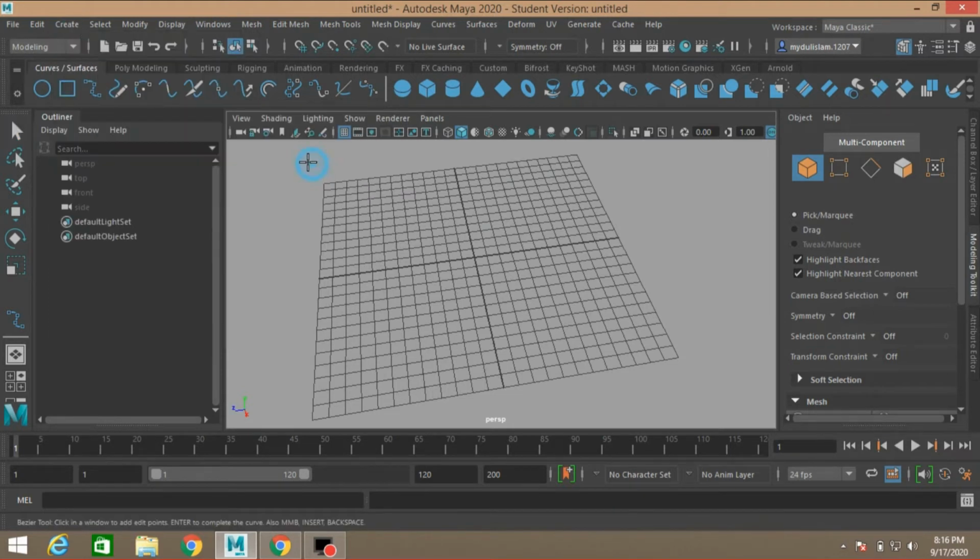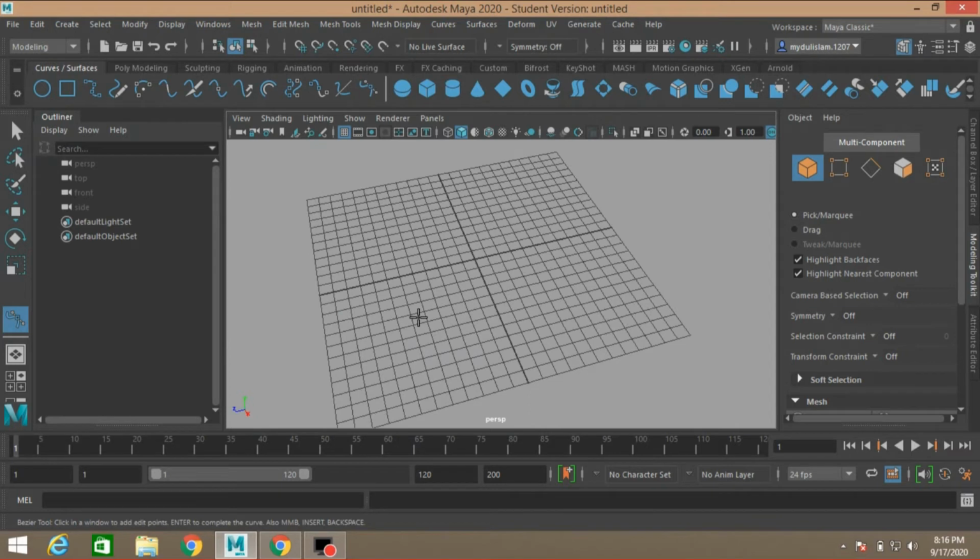Just click here, Bezier curve. Click 1 point here, 1 here, just click and drag. See, you can make it concave and convex, which side you like. Just click and move this handle. See, press enter.